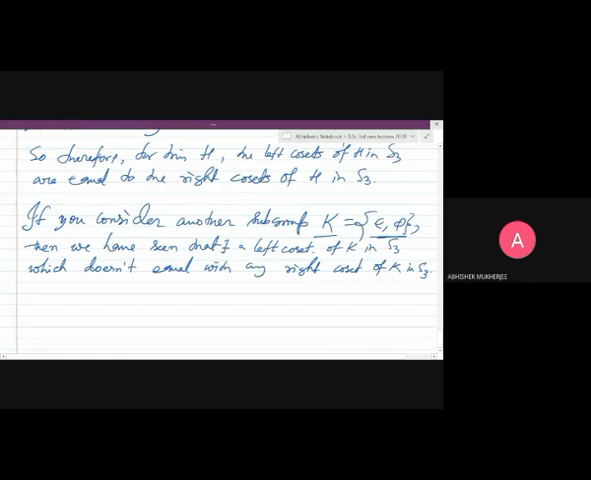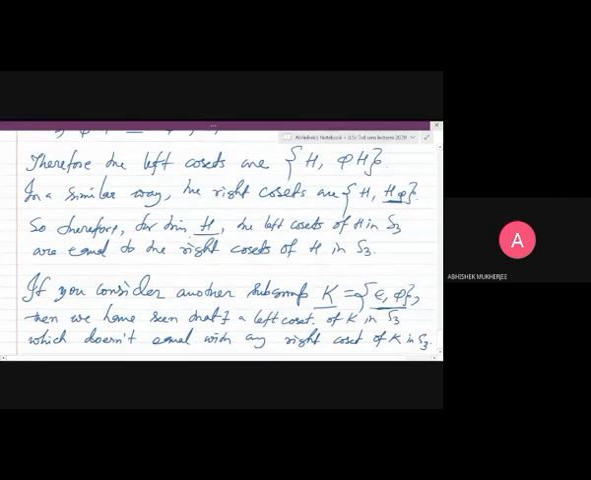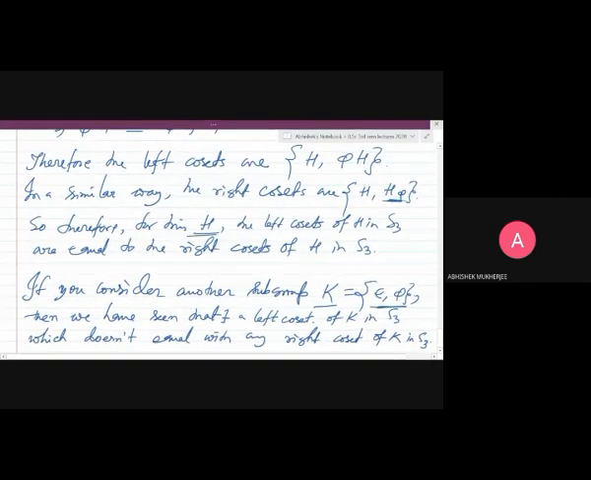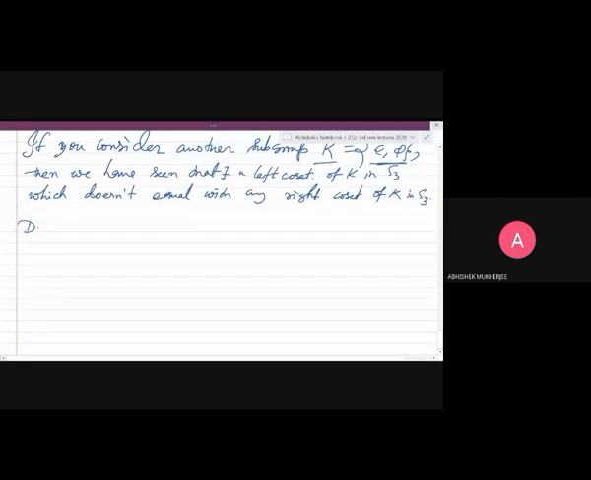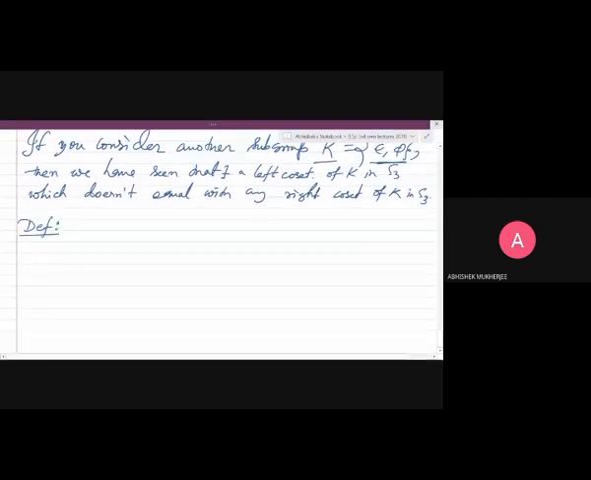So this type of subgroups H, which has this special kind of property that their left cosets coincide with their right cosets of H in S3, are called normal subgroups. So the definition can be taken like that: